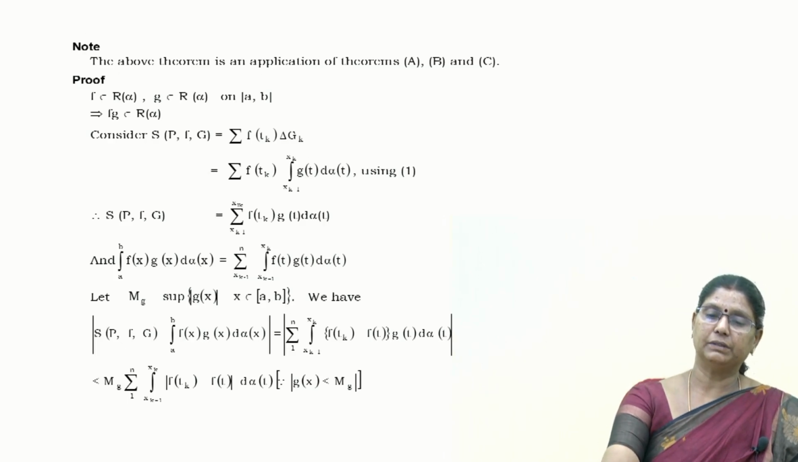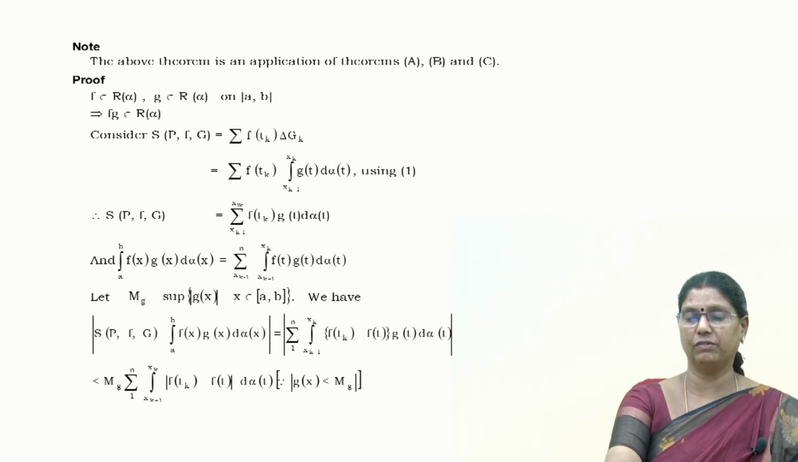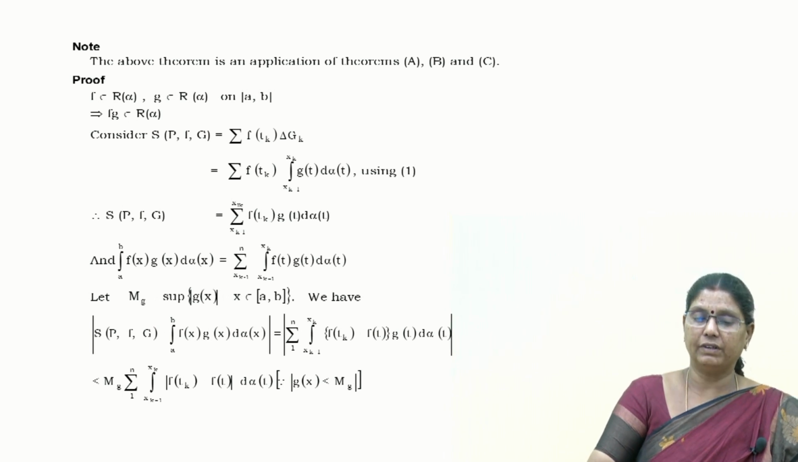So the above theorem is an application of theorem A, B and C, and hence we can prove this based on the above one. Since f belongs to R of alpha and g belongs to R of alpha on the closed interval [a, b], we have already seen f square belongs to R of alpha. Similarly here fg belongs to R of alpha, and we can write the definition of the given function capital G, and hence we can obtain the required form,